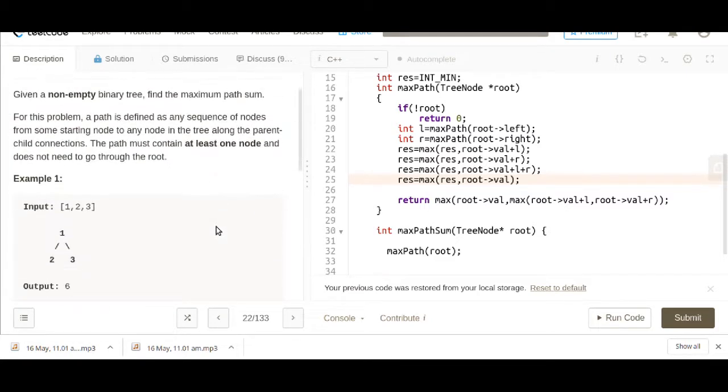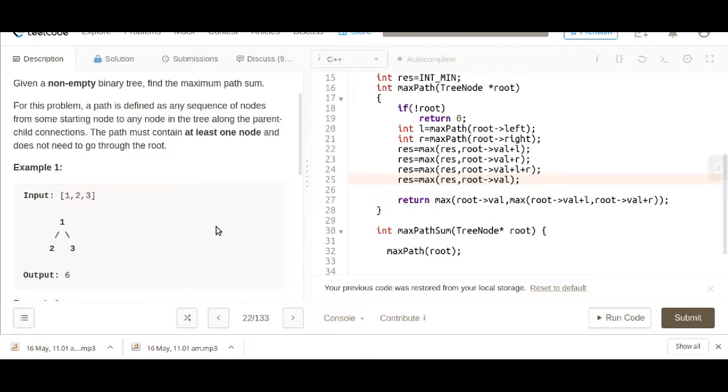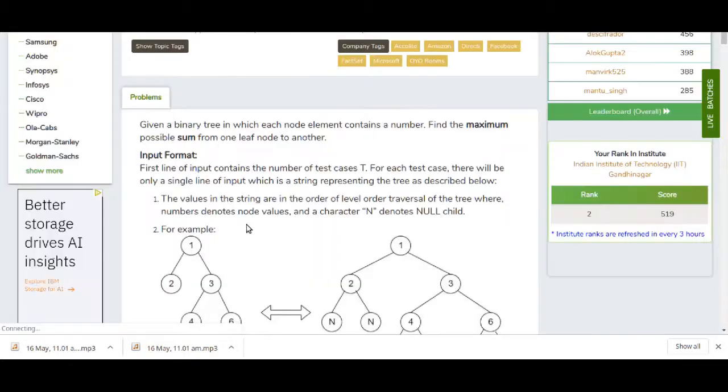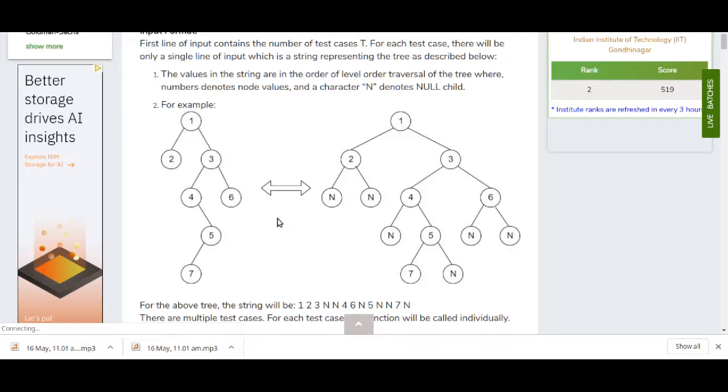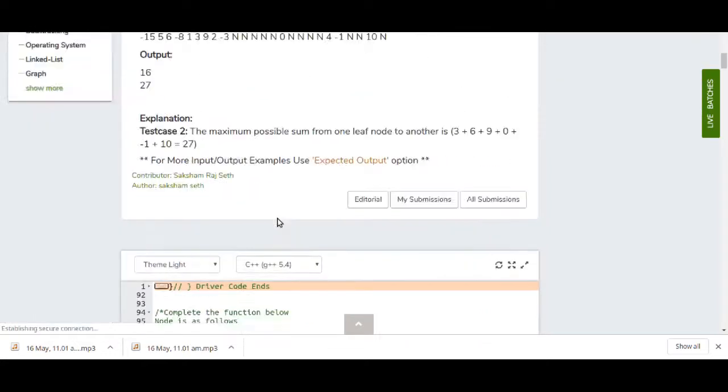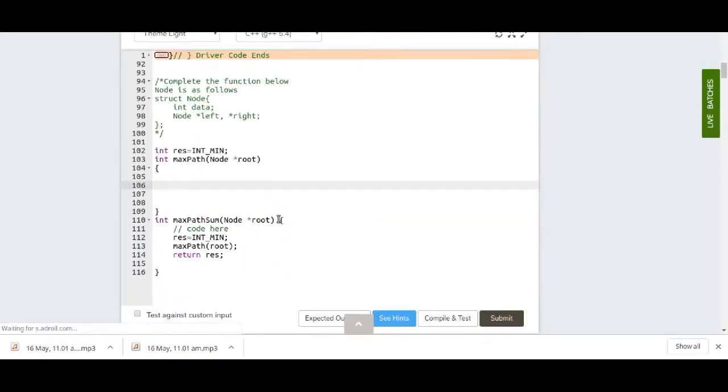As I didn't find the problem of finding the maximum path sum between any two leaf nodes on LeetCode, I found it on GeeksforGeeks. So let's look at this problem and solve it over here. As in the first problem, we have also made a global result variable and we'll be updating this variable at each node. I have just made a function in which I'll be calling the recursion to update this global variable result.